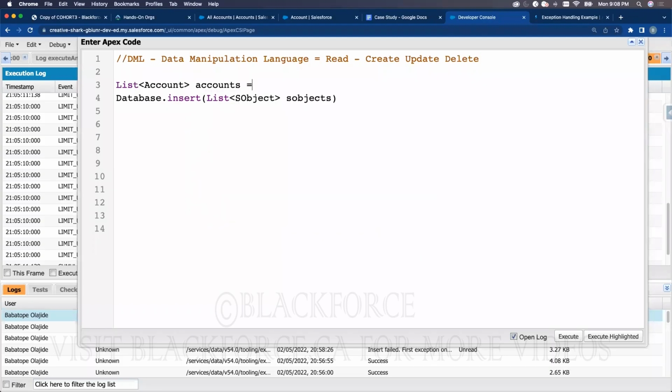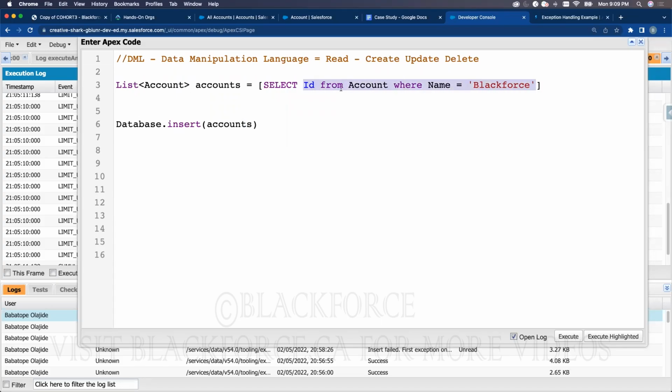Accounts equals select ID from accounts where name equals Blackforce. Okay? This is a list of accounts. So if you put this here, it will work because that's what it is expecting, a list of accounts. Okay? So now,